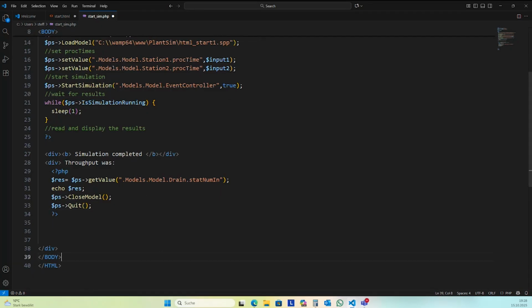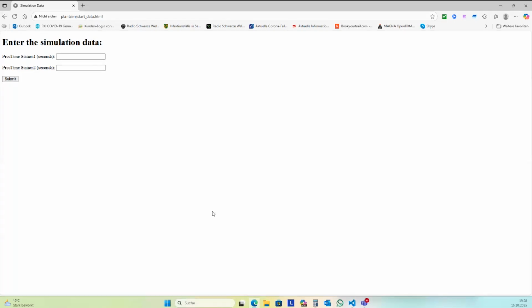Okay. Now I can test it here in the browser. So my simulation data, I want to have 25 seconds for station 1 and 50 seconds for station 2. I submit this to my PHP file, and the simulation is running in the background, and this is the result was 71. And blend simulation is in the background, and this is the reason why many want to make such